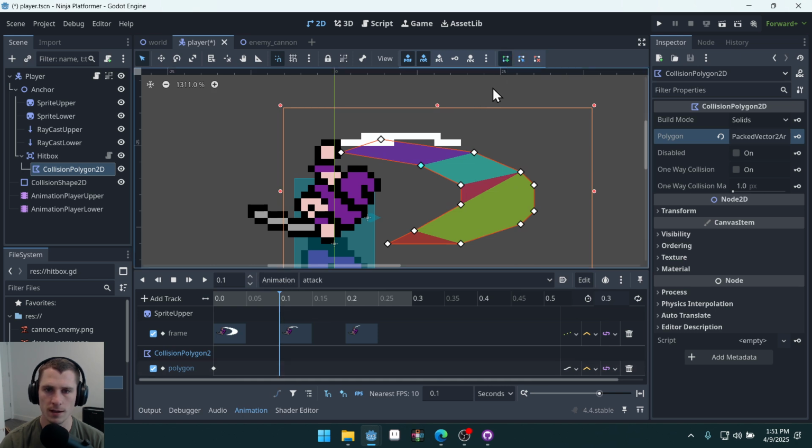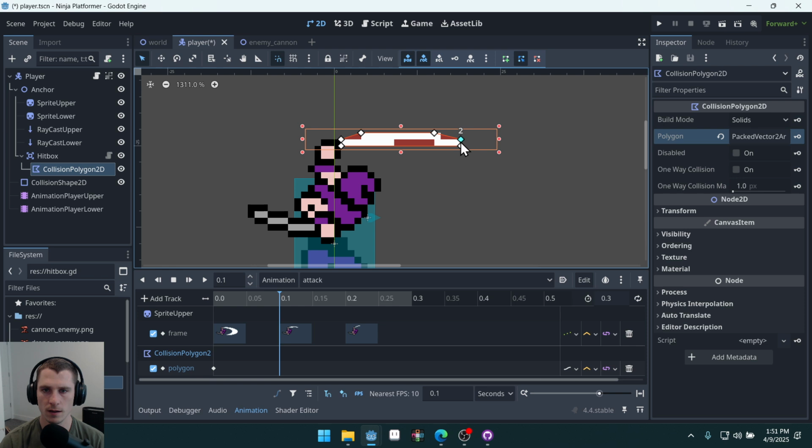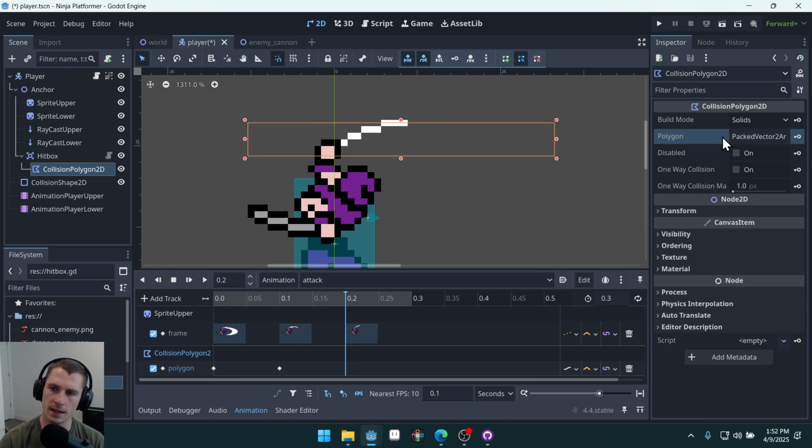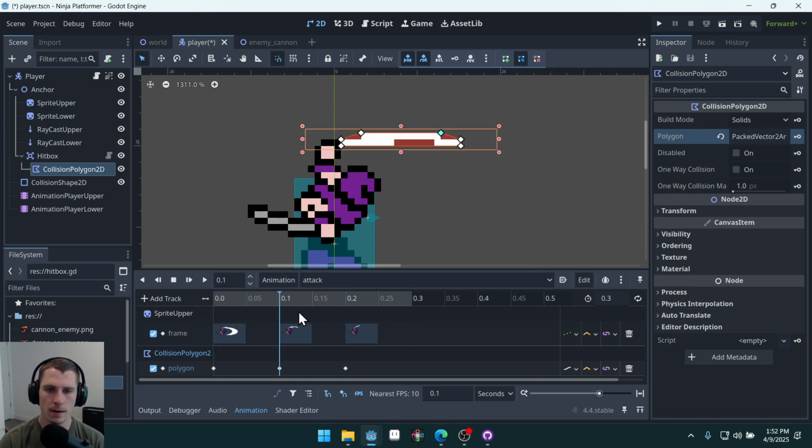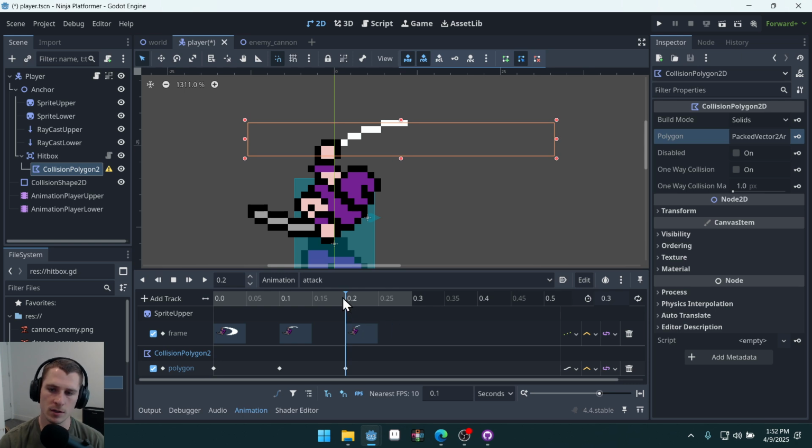We'll click this little plus, and we'll just add a couple points here, just to show, we can key that. And then here at the end, I'm probably just going to clear these points and then key an empty one. There won't be a hitbox here. Now we can see this here, but we have a problem. And I'm going to show you this problem here